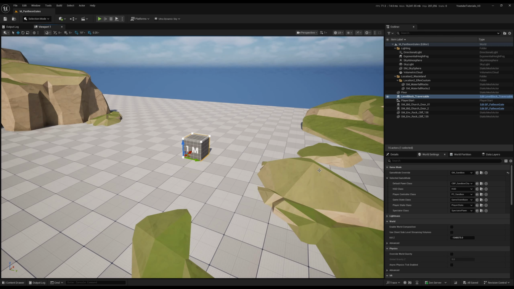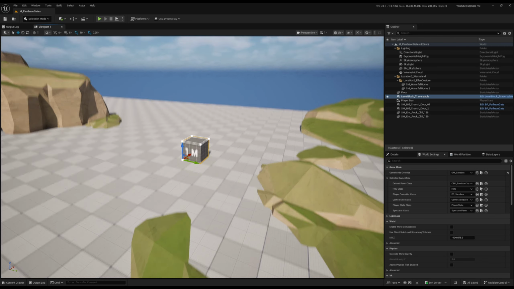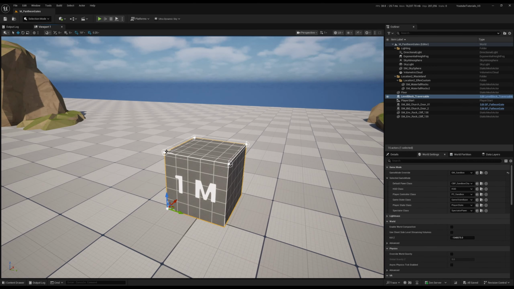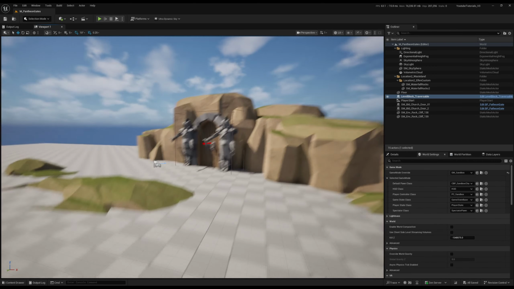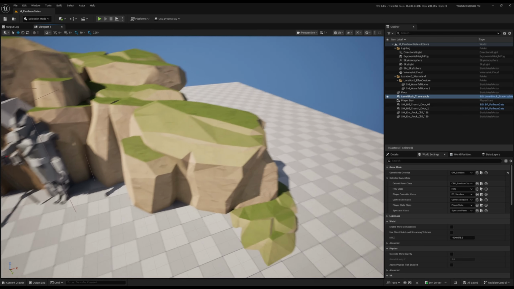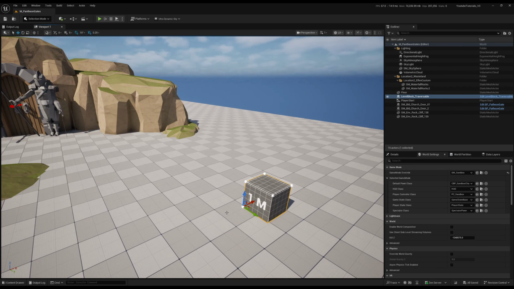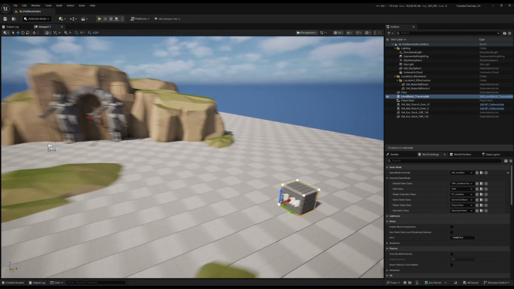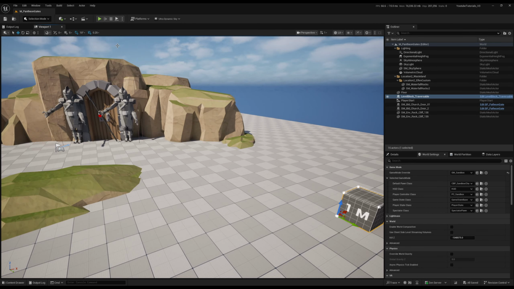I'll put a link in the description if you want it, but it basically just turns everything, instead of using these splines to tell you where to grab, it just does a line trace and tells you this is where to grab. So the next thing we need to do, however, is